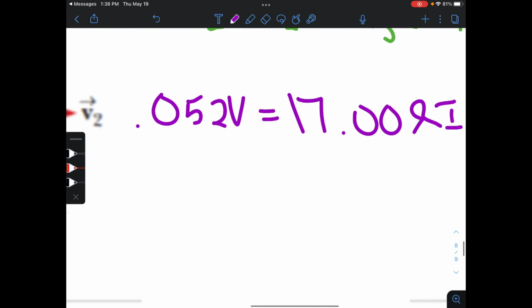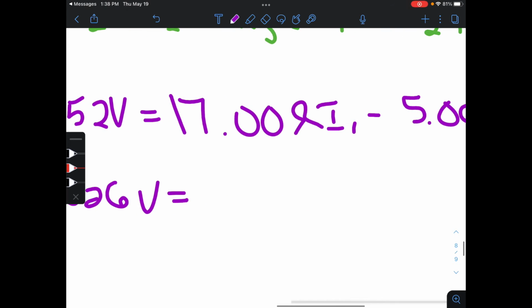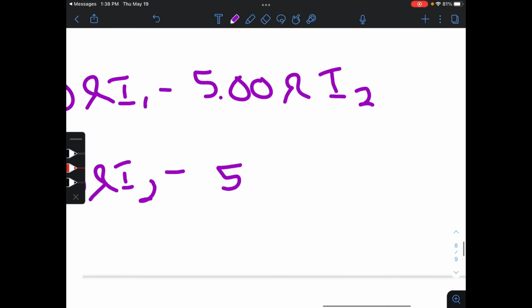Our other equation would then be 0.0026 volts is equal to 10 ohms I2 minus 5 I1. When we combine these, we get